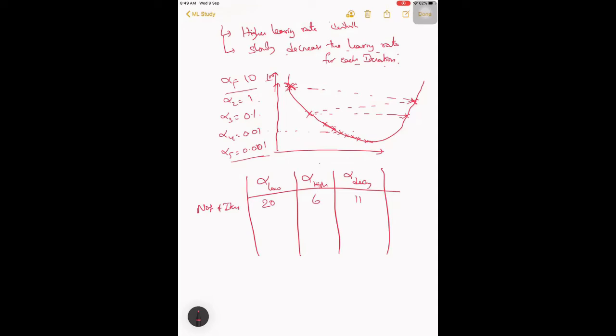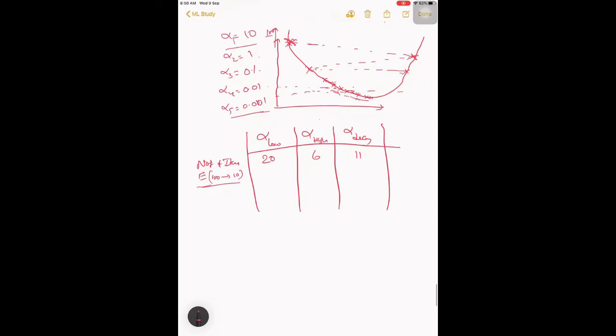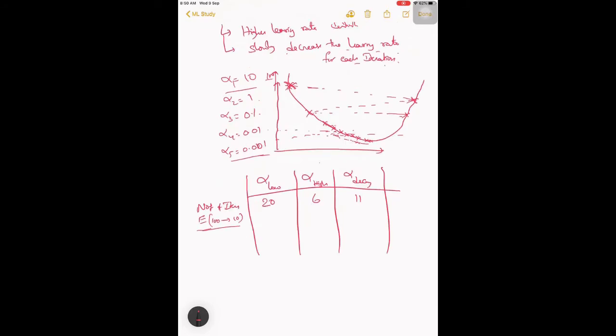Something like this, and after that it has converged. It slows down slowly, and it will try to get to the minimum value from error 100 to 10. Not to 0, we are counting only till some point here. To this level we are achieving it in comparatively fewer iterations than the first one. But from here it will be slow, because we have switched to very low learning rates, and we will be reaching the minimum position.